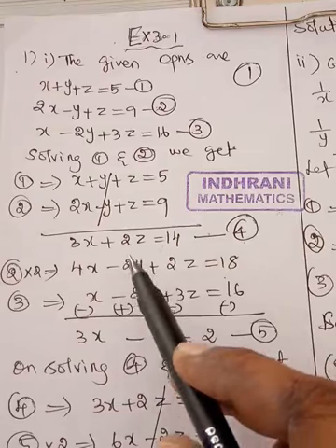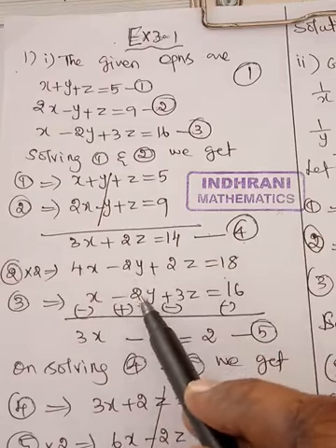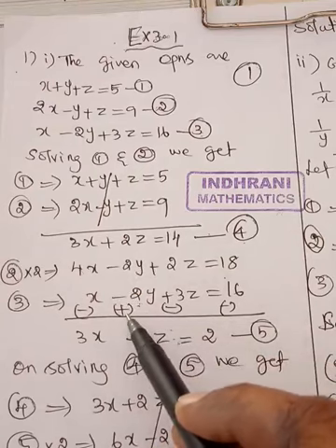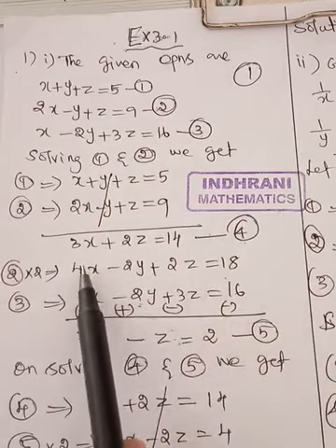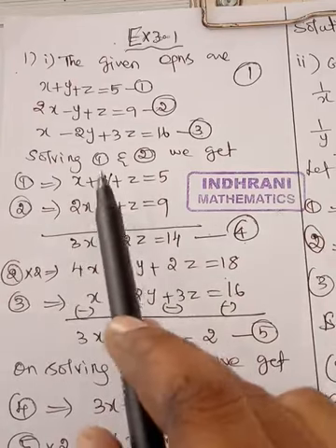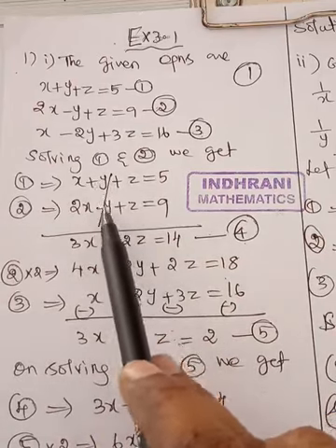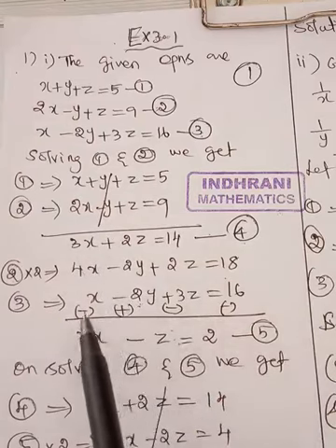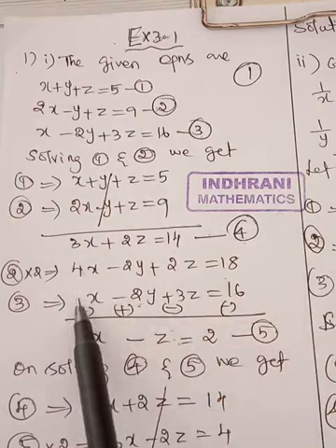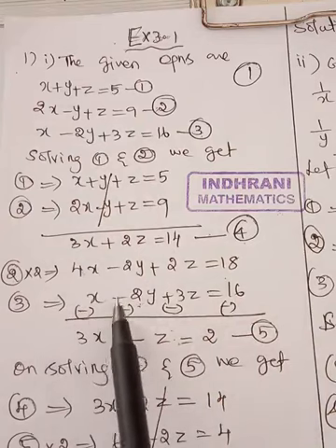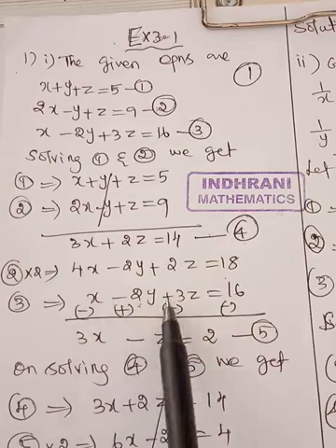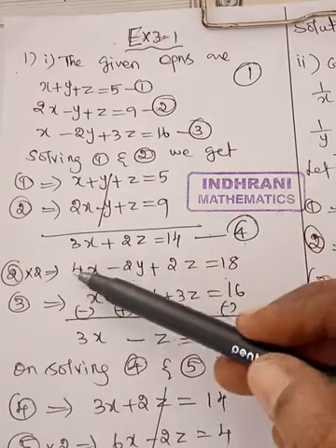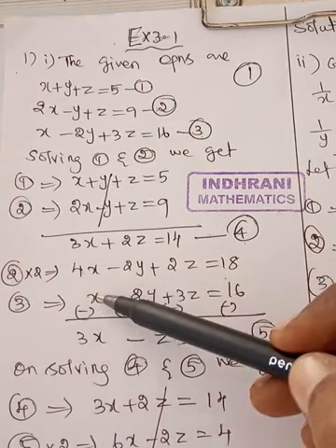Now you see the coefficient of y, minus 2, here also minus 2. If I need opposite signs, then only it will cancel. So that means I am subtracting the two equations. Earlier I added, because the coefficients were in opposite signs. Here the coefficients are in the same sign, so I am subtracting. Here plus, change its sign, minus. Minus means plus. Plus means minus. Now 4x minus x.